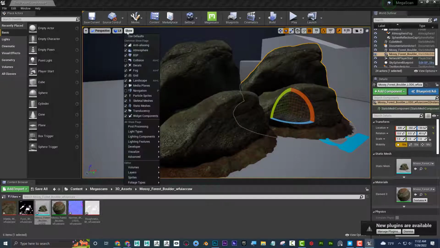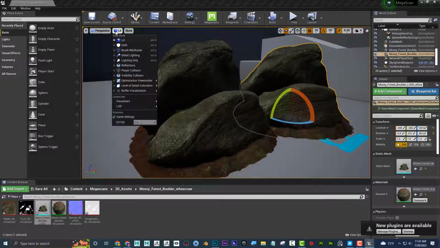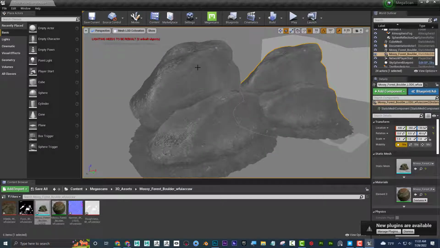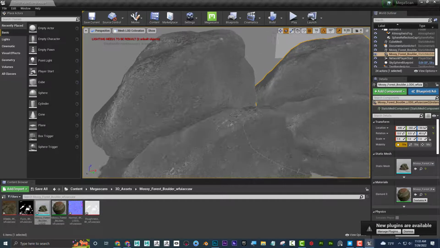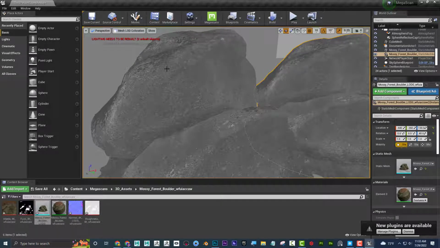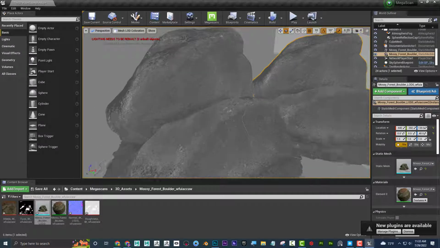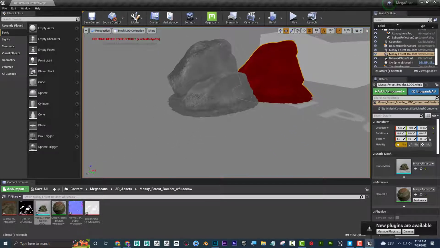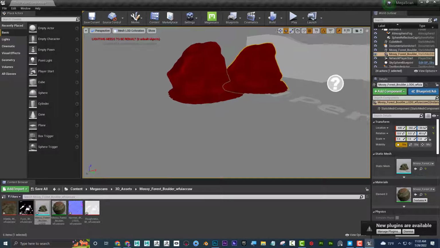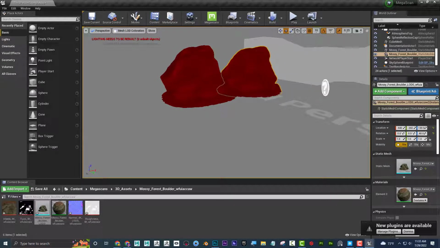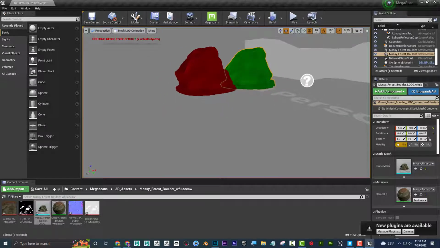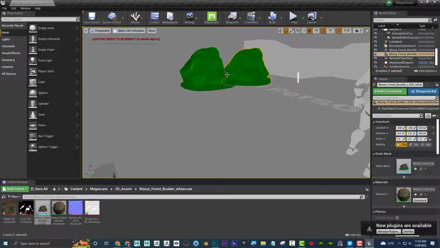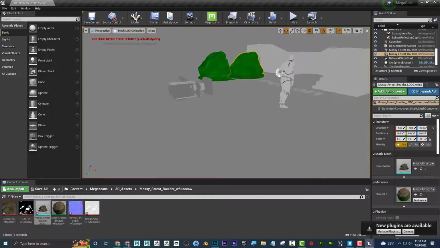So if I go to lit right here, and if I go to level of detail, and if I say mesh LOD colorization, what this is showing is that when I'm close to it, when it's gray, that's its highest level of detail possible. And as I get the camera farther and farther away, I can see that it starts to swap colors. So what it did is it swapped to something that's less complex than what it was closer. And if I go even farther away, I can see that it's at its simpler form. And if I go really far away,